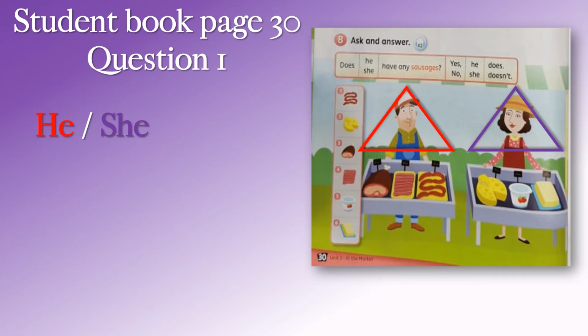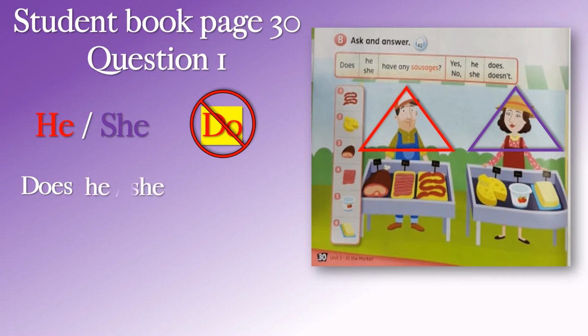So we say he or she. So question word is does. We do not say do, because do is for I, you, we and they. Do you, do I, do we, do they. But we are using he and she, aren't we? And we cannot use do, we say does. Does he, does she